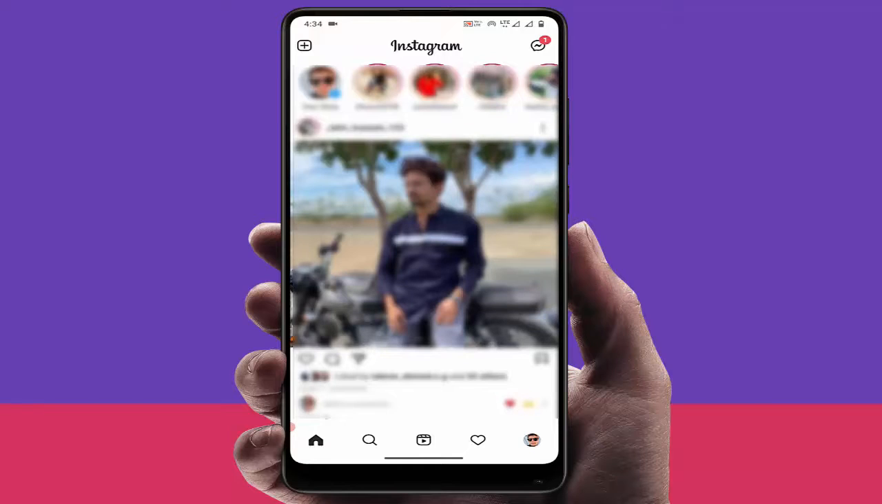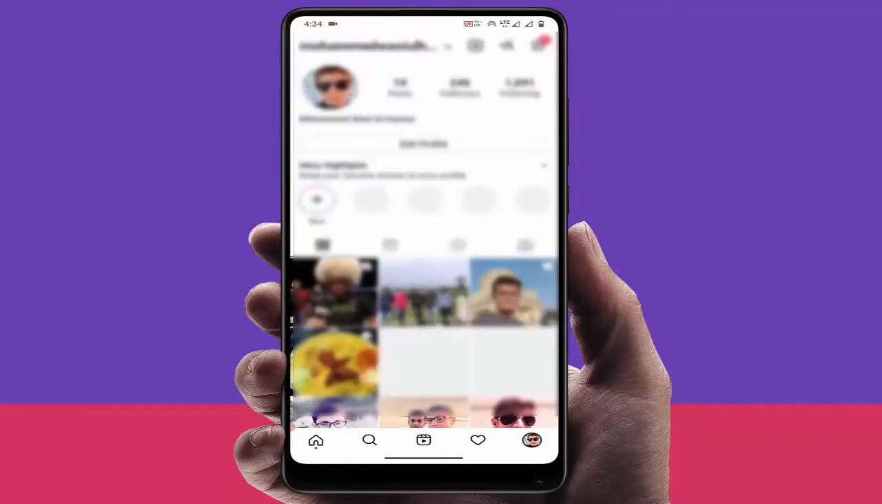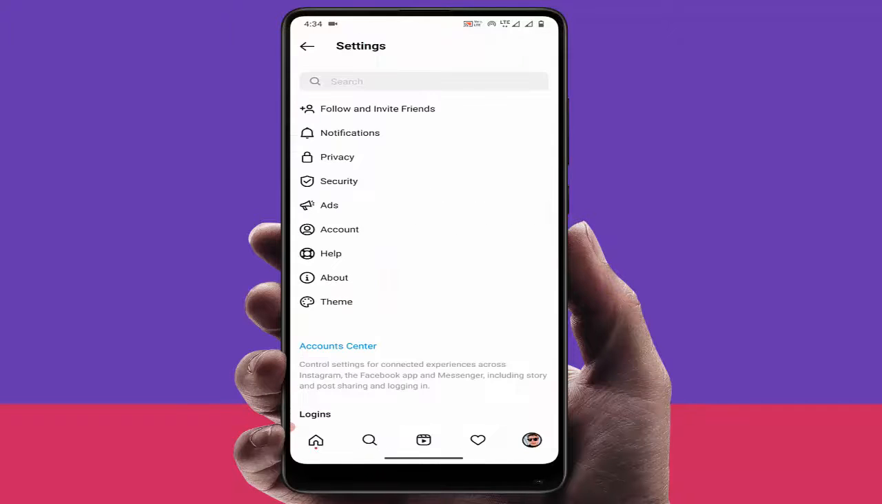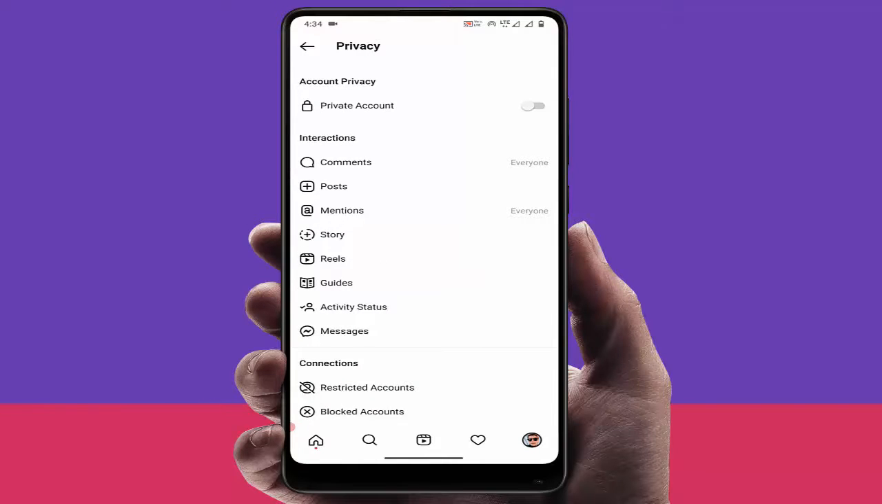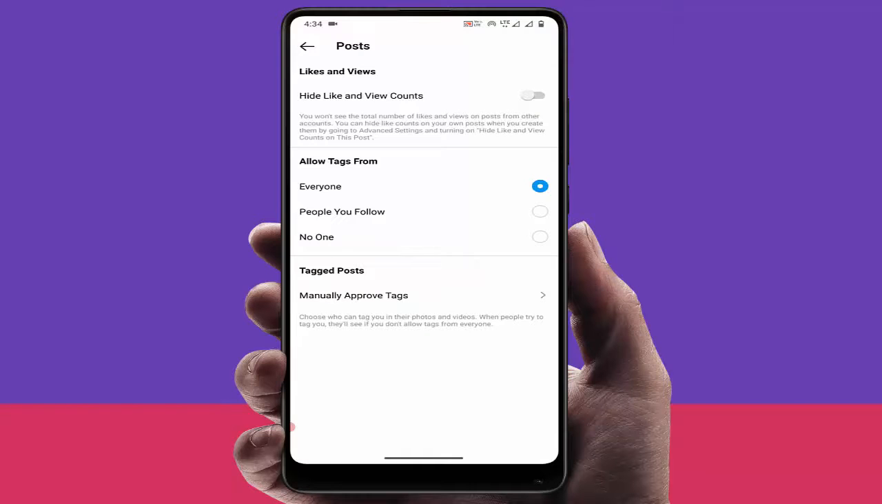After opening, from your bottom right side you can see your profile icon. Just open it. From here you want to open your Instagram settings. In the settings, go to the privacy, and in the privacy you can get the option post. Just tap on it. From here, guys, you can get the option to hide your likes and views count from